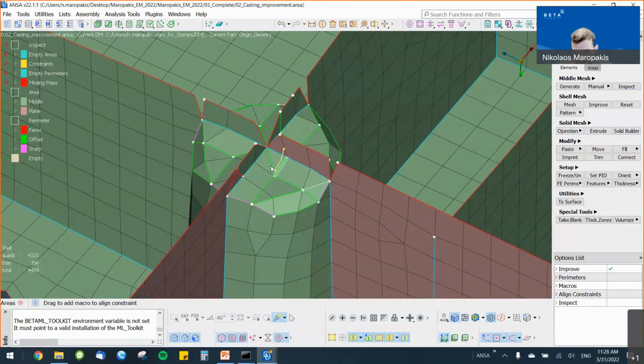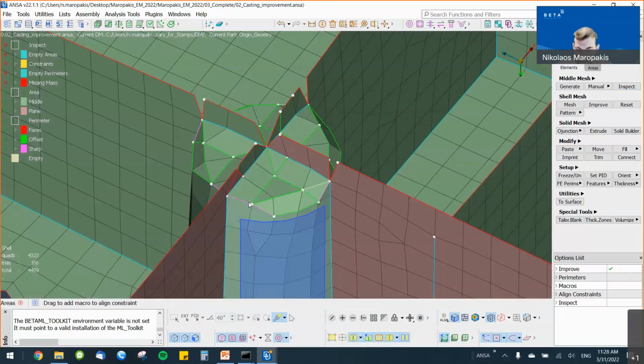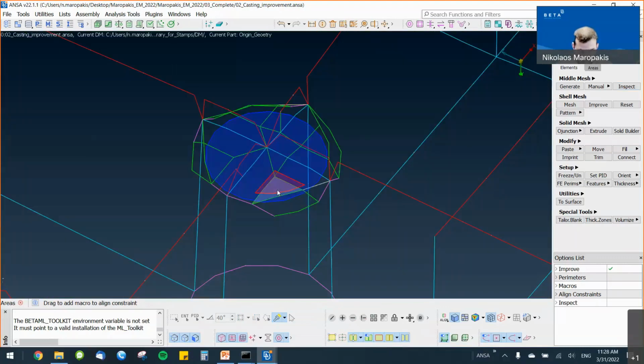Here I can see that this area doesn't look correct. If I turn on the geometry to compare between the FE result and the geometry, I can see that this area has a lot of fillets. It's a bit complicated, and that's why I have these align constraints here. By hovering my mouse over this specific area and hiding the shadow again, I can see that this is the desired align constraint for the rest of the areas.